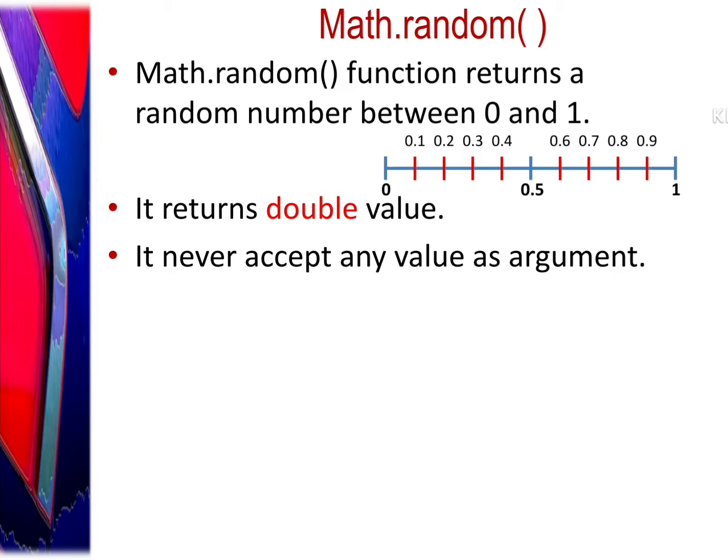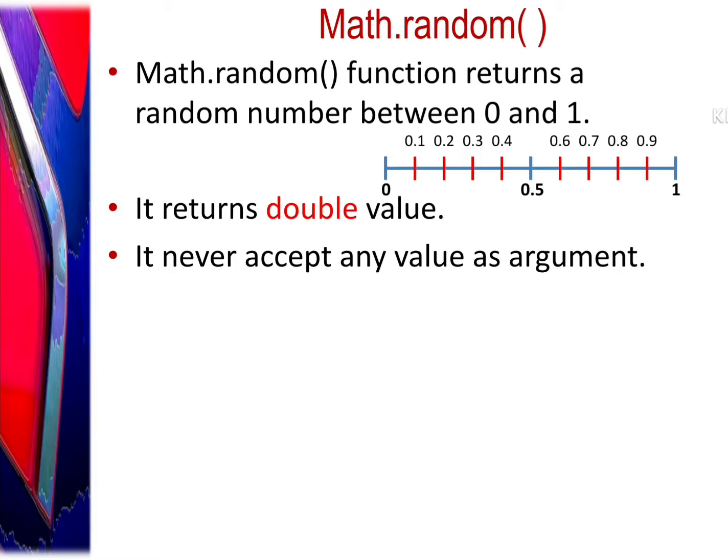And see, the same thing math.random does. Random is going to pick a value between 0 to 1. It may contain 0.1 or 0.00001 or 0.9 or 0.9999. It may provide you 0.5 or 0.527, any value and any time. But what you have to remember is that it always provides you a double value, because it always provides you a value between 0 and 1, and between 0 and 1 we are having everything in decimals only.